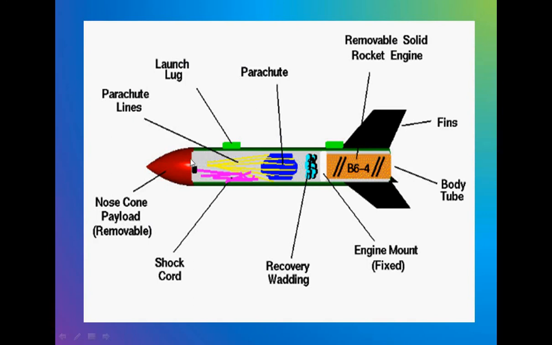Then the shock cord goes from here to here, here till here. This is recovery banding. Recovery banding prevents burning, and it is between the motor and the parachute, so that the parachute doesn't burn and the rocket doesn't burn. And recovery banding also, as titanium can hold heat and pressure, but not very much heat and pressure. So with recovery banding, if the pressure goes higher, it cools it down.